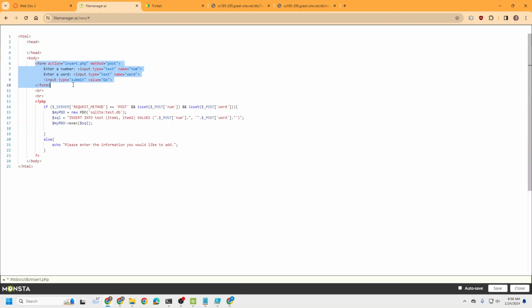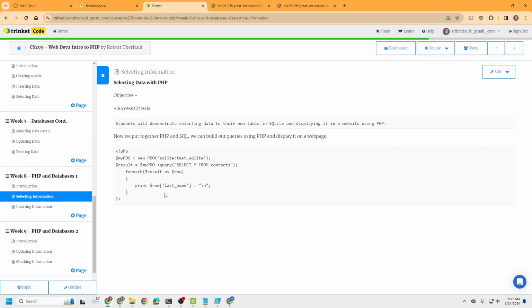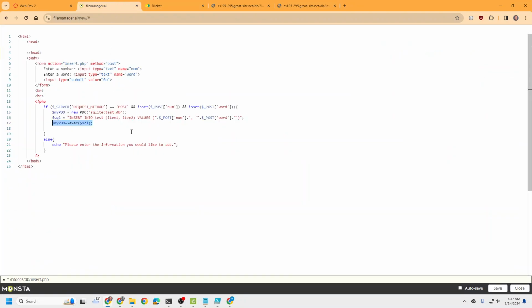You have your form. You have everything that you need to send to it. And this can send to a different page as long as this code's on that page. And then just, again, make sure, because you don't want to try to run this without that information in there. And then again, it's execute, not the other one that we were using for select, right? So it's not query, you're executing this command. So we'll save it. Let's see if we're working. So if I hit go,